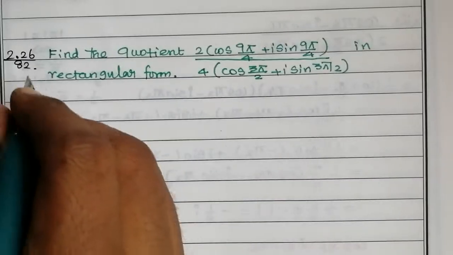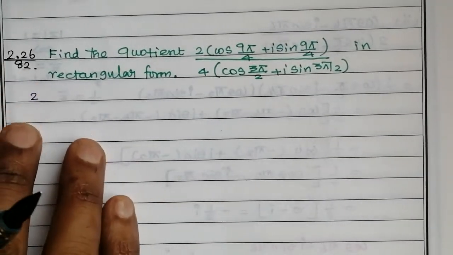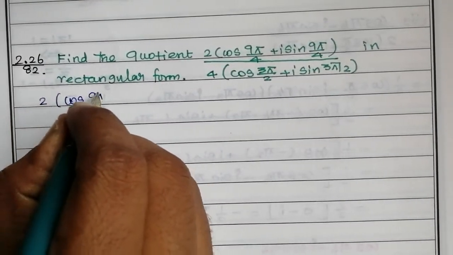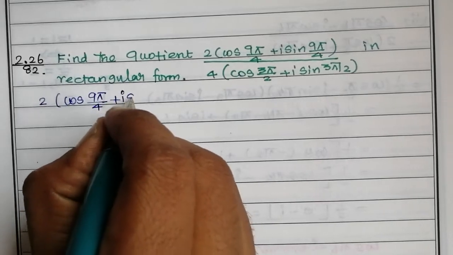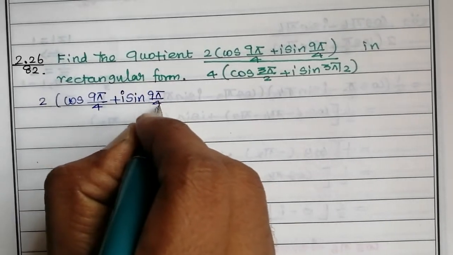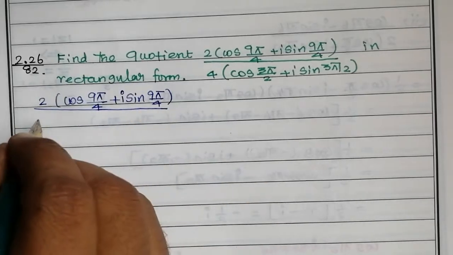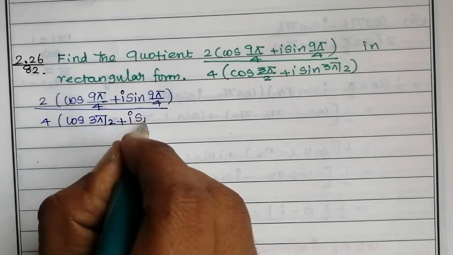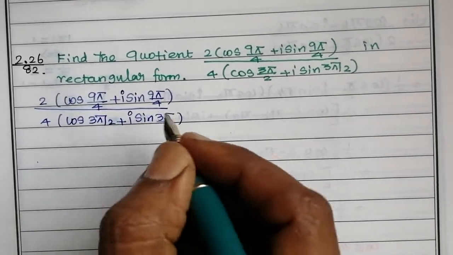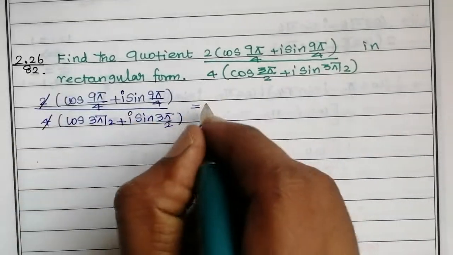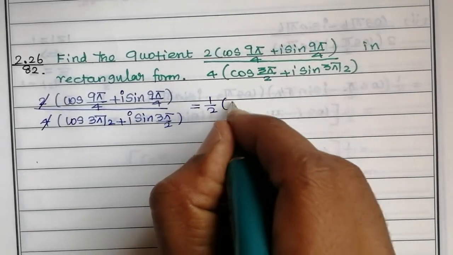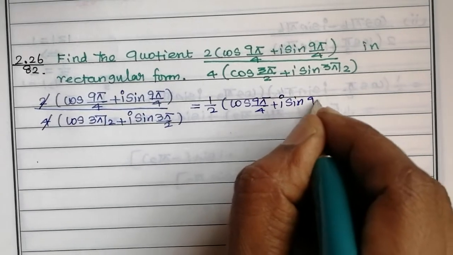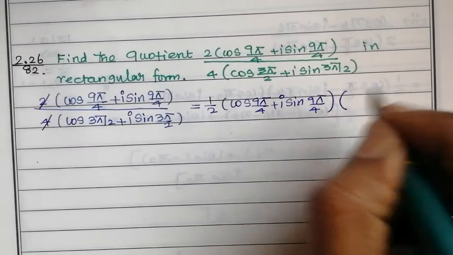So what is that quotient? 2 into (cos of 9π/4 plus i into sin of 9π/4) divided by 4 into (cos 3π/2 plus i into sin of 3π/2), that is equal to 1 by 2 into (cos 9π/4 + i sin 9π/4) into, we know